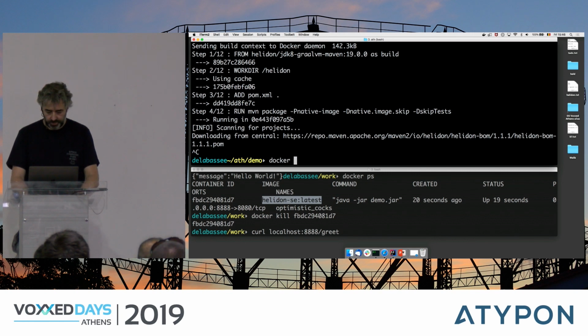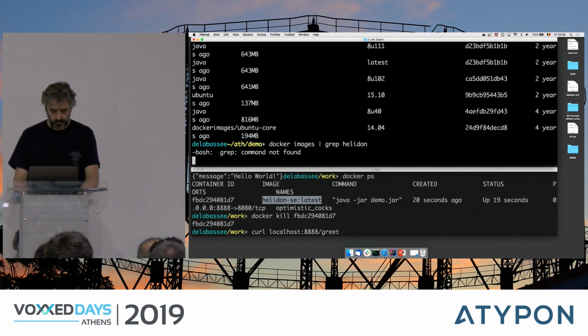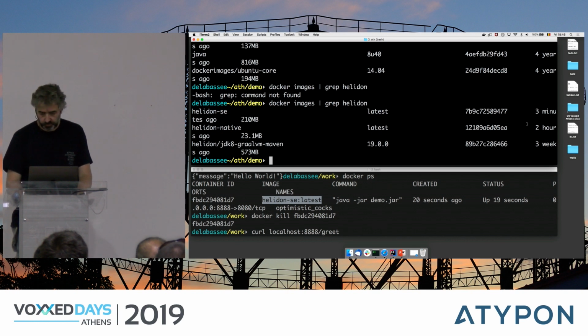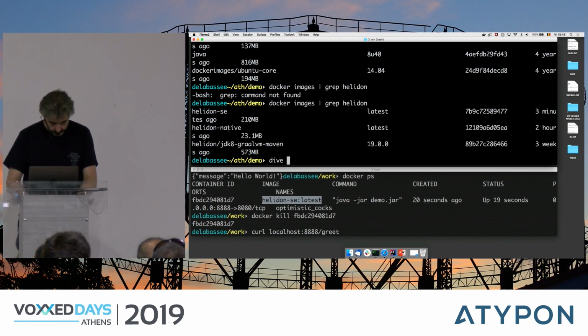But I've done that just before, and I have, let's see, grep Helidon. So you see here, 2 hours ago, this is the one that we've just built. Well, over 200 megabyte. And just before the session, 2 hours ago, I've built one using Graal. So basically more or less the same web services, 23 megabyte. And if we look in that image, Helidon native